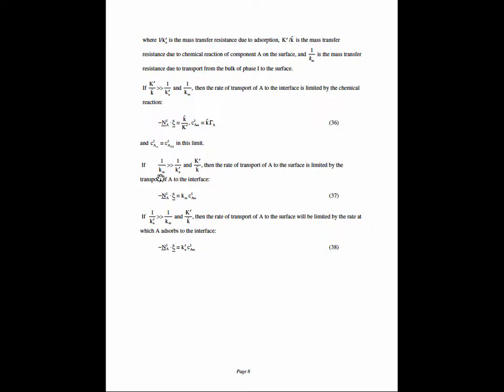If the resistance to mass transport is dominated by boundary layer transport, then the mass flux turns out to depend only on that mass transport coefficient and the concentration of A in the bulk. And you can work your way through the last version of this as well. So this gives us an idea of the various boundary conditions that we'll use in solving mass transport problems. We'll apply this probably starting, I would say, next week when we get back to looking at detailed solutions to